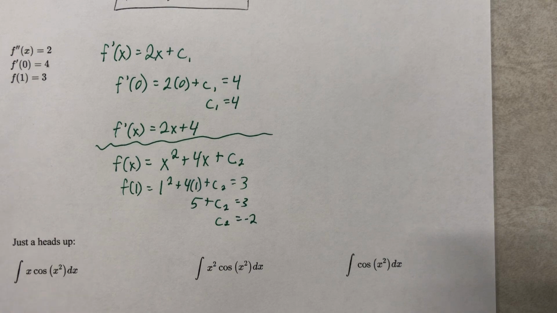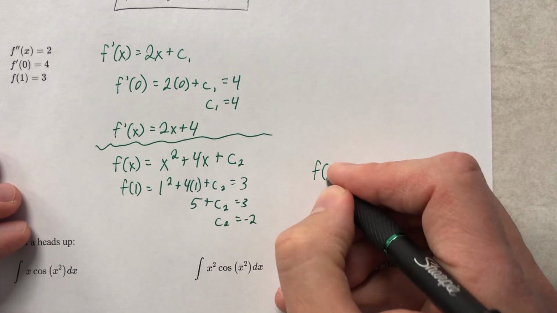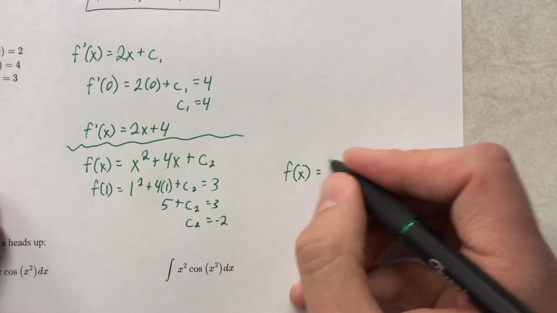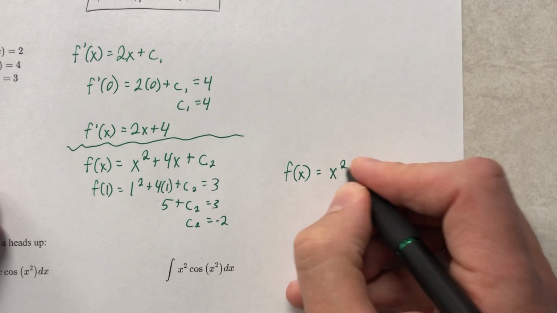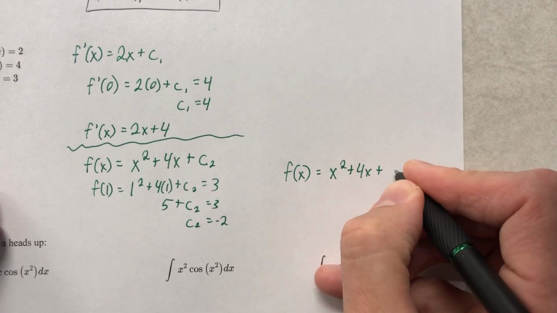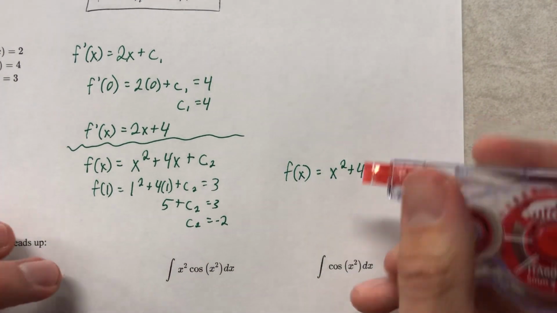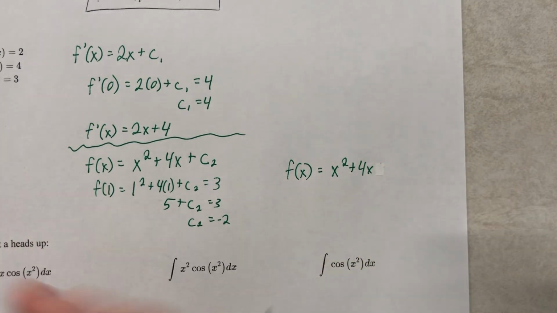Final answer is the function itself, which is, dun, dun, dun, dun, dun. I don't know what the theme music is for. Oops, I put plus. I meant to put minus 2. There we go. Minus